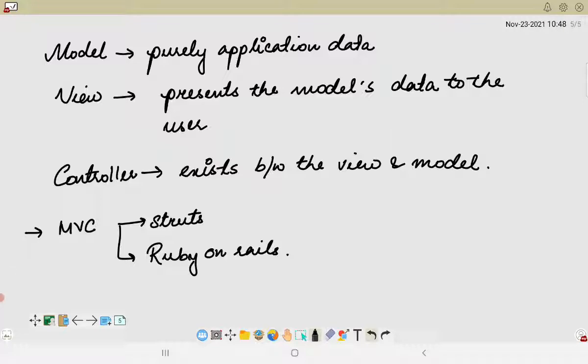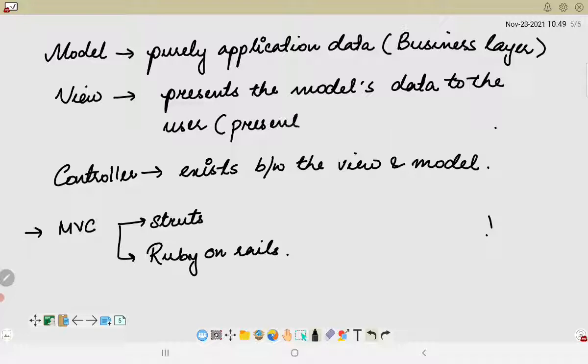there are several other concepts also related to the MVC architecture. Now the model layer is also known as the business layer of the application. View, as already mentioned, is the presentation layer of the application, and the controller is actually the control flow or the flow of operation in the architecture.